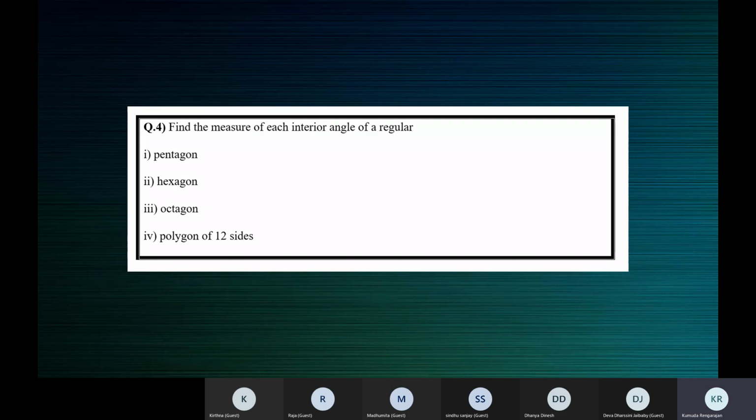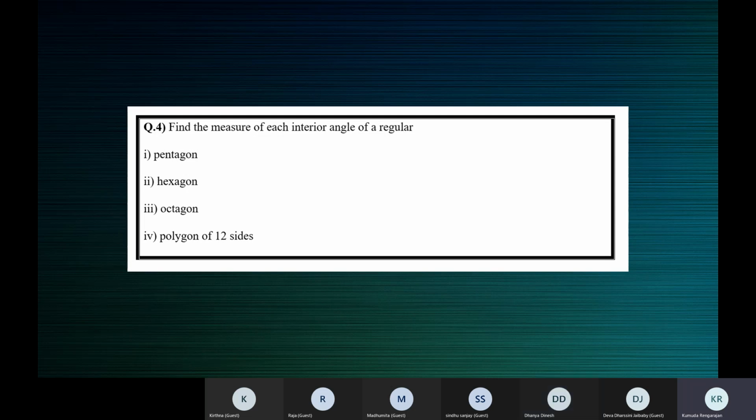Now you found the sum of all the interior angles. We found it using the formula 5 minus 2 into 180 and we got 540. So we understand that all the 5 interior angles total up to 540 degrees. Now we have something called exterior angles. What is the sum of all the exterior angles of a pentagon? 360 degrees, ma'am.